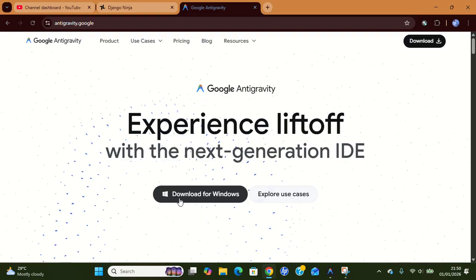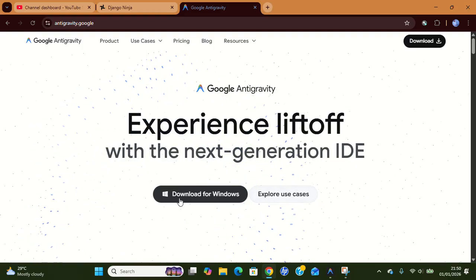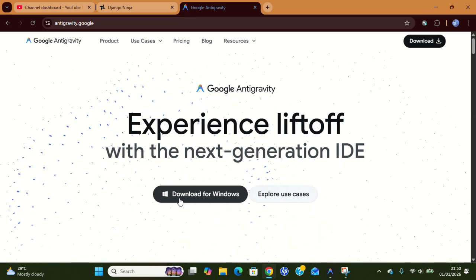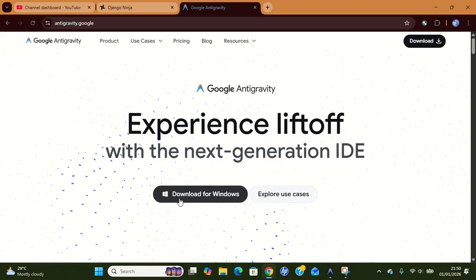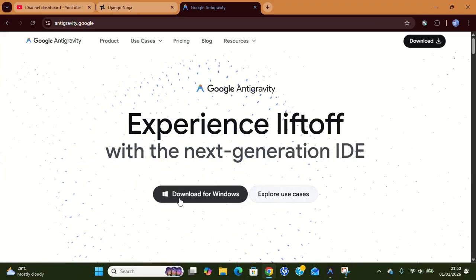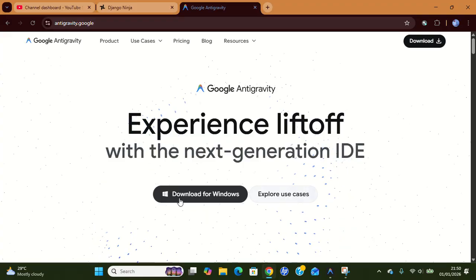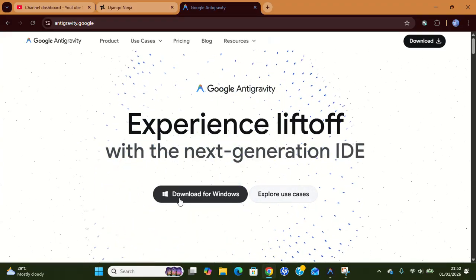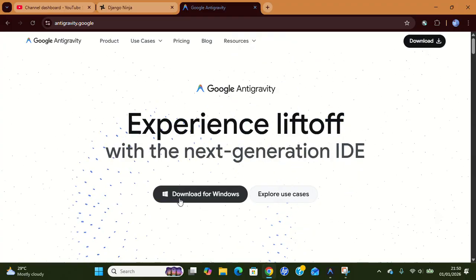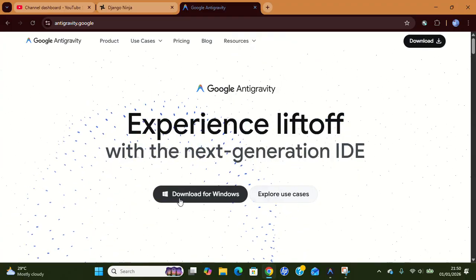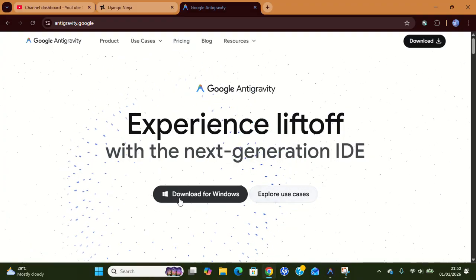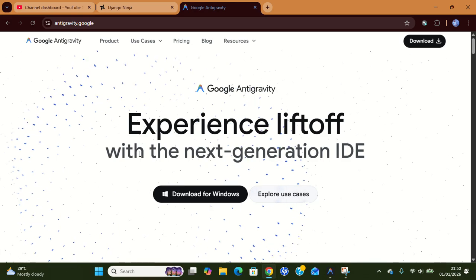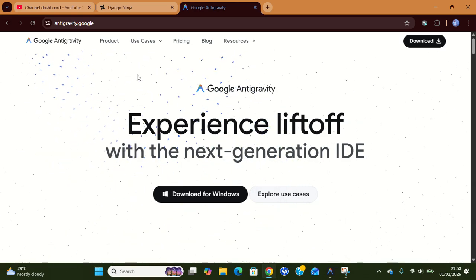Now this IDE is a special IDE which integrates with some of the AI agents, utilizing models like Google Gemini 3 Pro and Gemini 3 Flash, with other models like Claude 4.5 Sonnet and thinking models like the Opus model. And this video is not going to be centered on how to install Anti-Gravity,